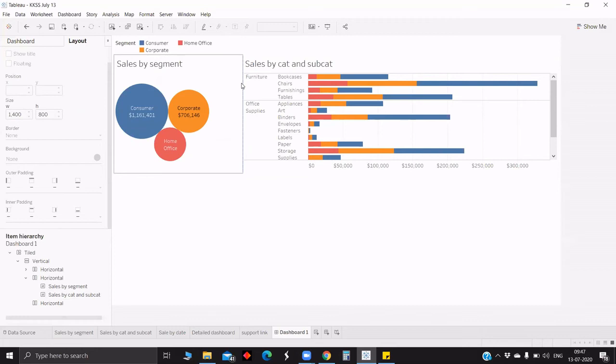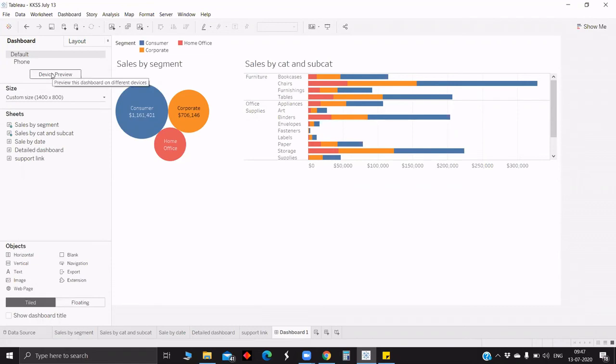So that helps us to pull the container. Since we have planned, first we want to make the dashboard at different heights, we have pulled the vertical outside. Next we put horizontal because we would like to control the width of the sheets. That's why we pulled horizontal inside a vertical. If the planning is like that, then making a dashboard is very easy. And also we should be more careful about pulling the containers inside.